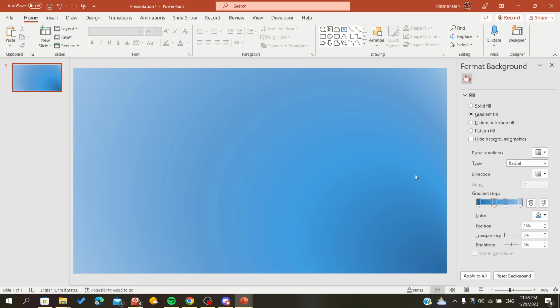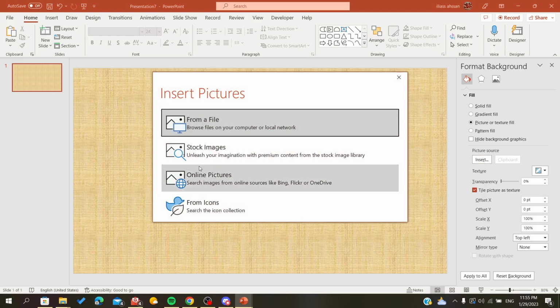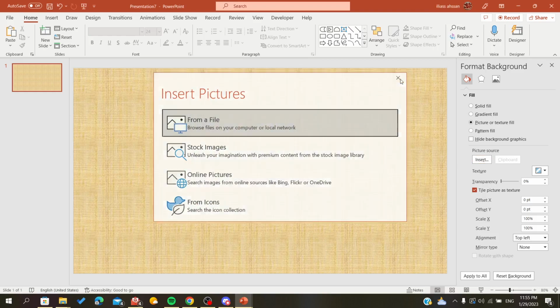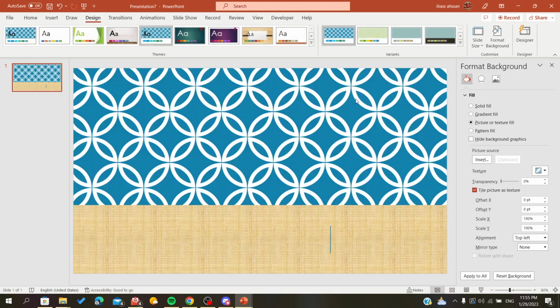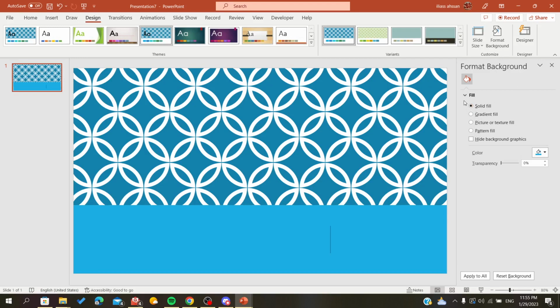There is also another way, by just uploading a picture from your laptop, or it can be downloaded from stock images or online by giving it the URL. There is another way, by using some preset designs like these ones, or just give it a solid fill. Let's just have it like that